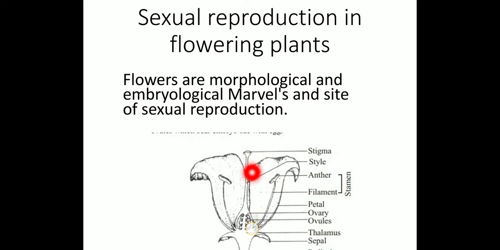Then the fourth one is the gynoecium, the central part. The basal part is called ovary. Then this one is the style, and this upper part is called stigma. Together it is called a gynoecium. So the gynoecium consists of a carpel or pistil, and each carpel consists of the stigma, style and ovary. So these are the four parts of a flower, that is the calyx, corolla, androecium and gynoecium.